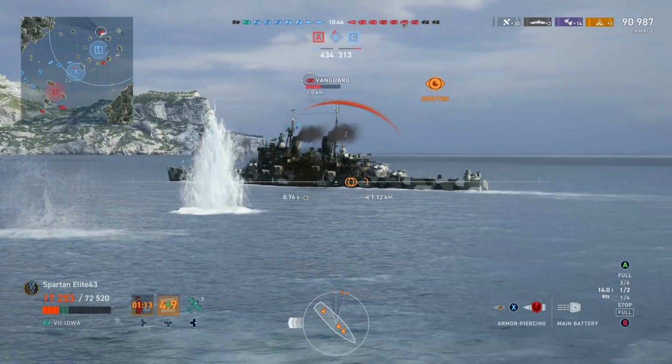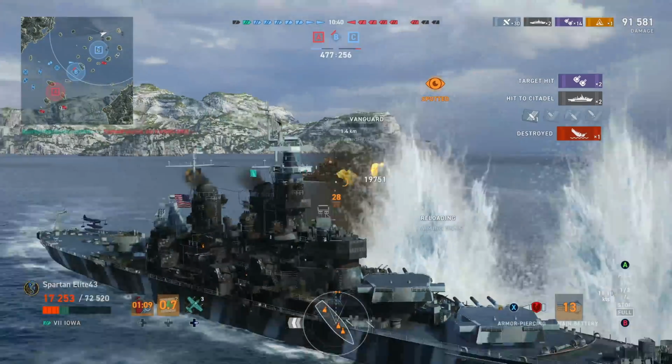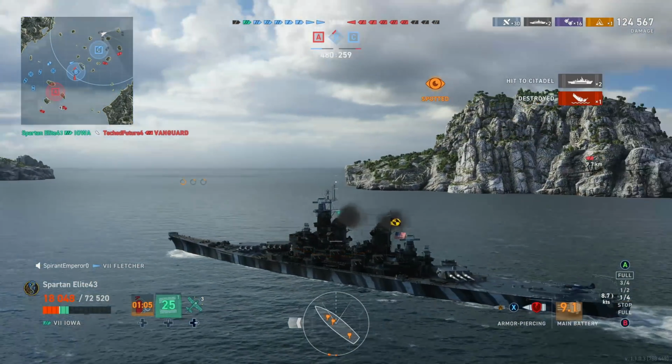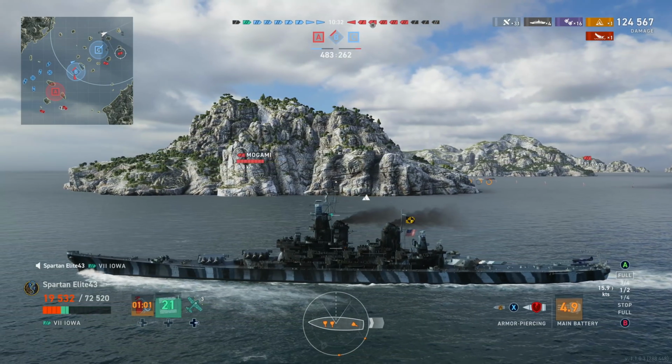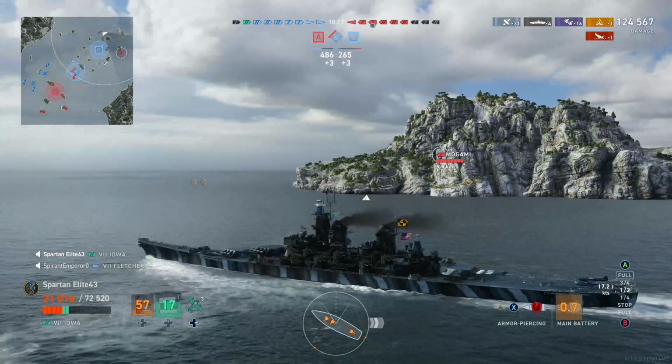Luckily for us, the front guns do have a pretty good firing arc, and we are getting them around just in time to go ahead and Citadel him 2 more times and finish him off. Now, he is completely gone. We're at 124,000 damage this quickly. This game has been completely and utterly controlled by me on this side of the map so far,